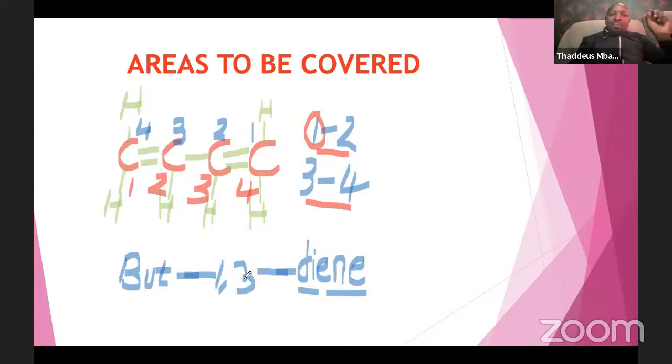Between numbers, you use a comma. Do not write 1 3 together, because that becomes 13, and it would mean there is a double bond on the 13th carbon atom, which does not make sense. So 1,3-diene means there are 2 double bonds. One occurs between the first and the second. The other one occurs between the third and the fourth. Then but tells us the longest continuous chain has 4 carbon atoms. Okay.